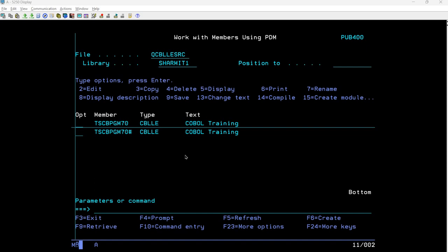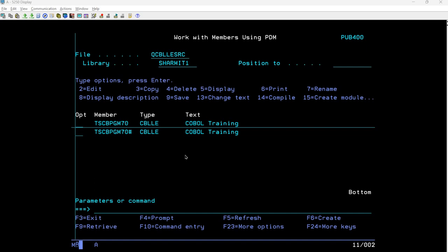I'll explain what ON SIZE ERROR is, why we need it, and what the benefit would be if we utilize the multiply statement with the ON SIZE ERROR condition. We will proceed in the same manner. Firstly, I'll walk you through the code. We will write the code. This time I have just noted down the basic things, and other than this, the main logical part we will write from scratch. Then we will see the output